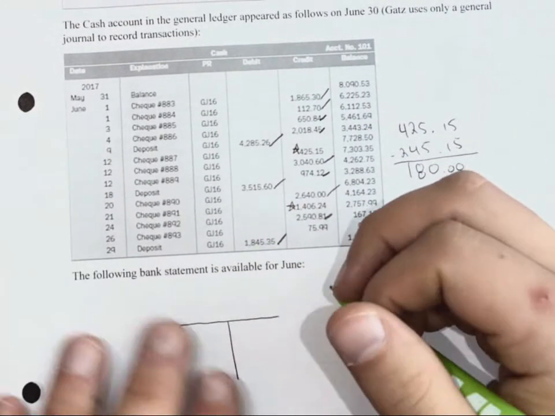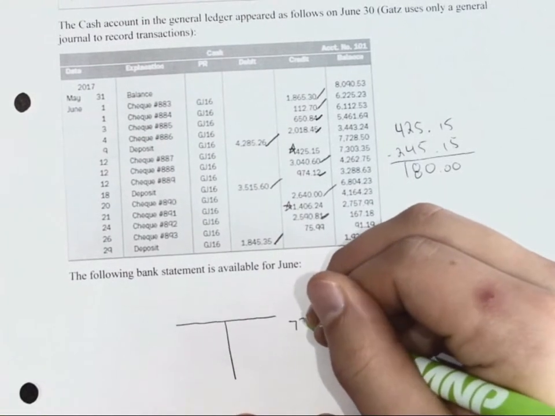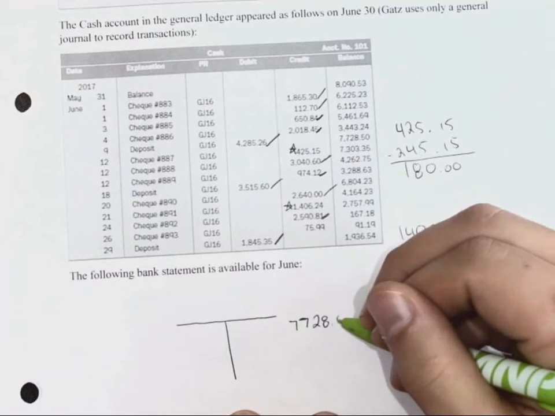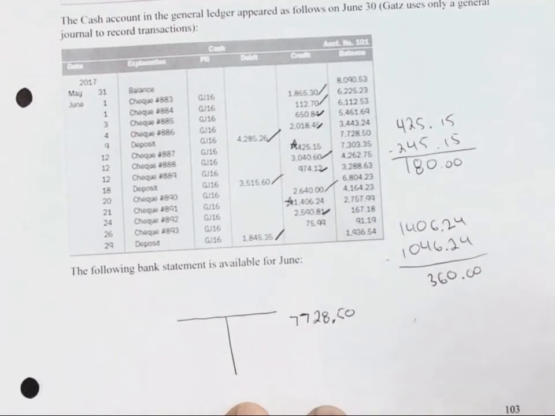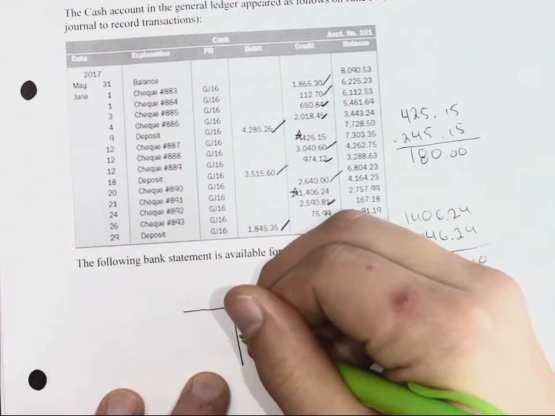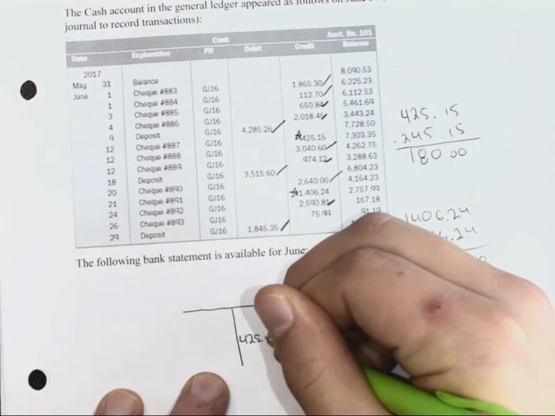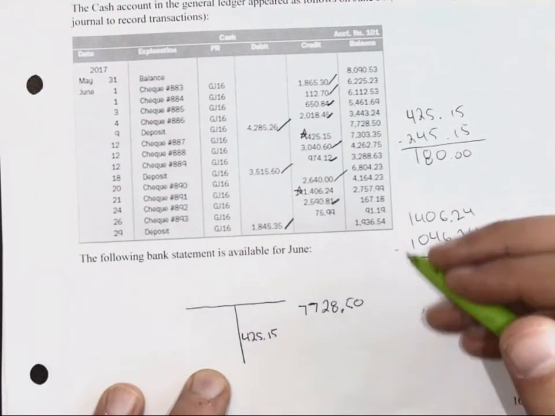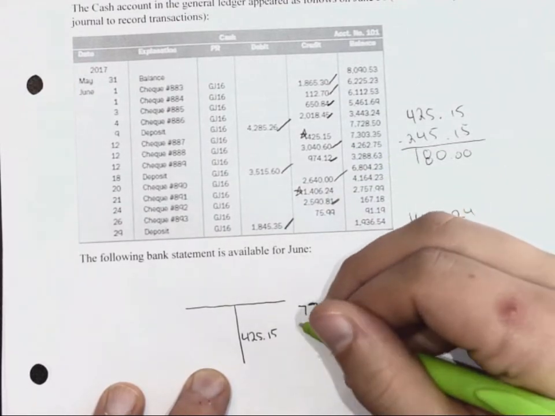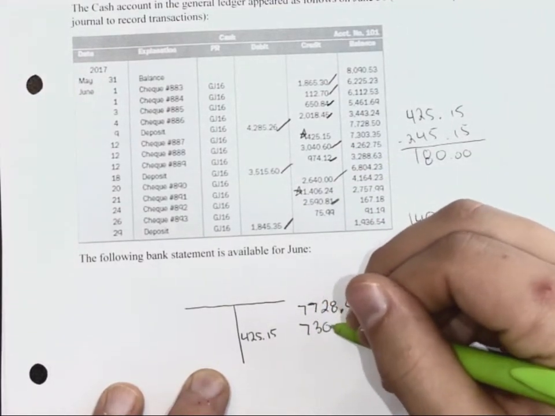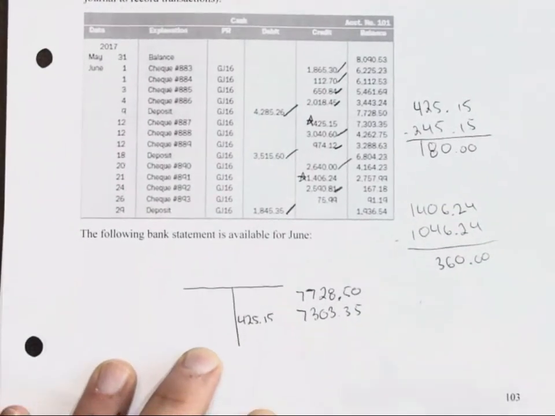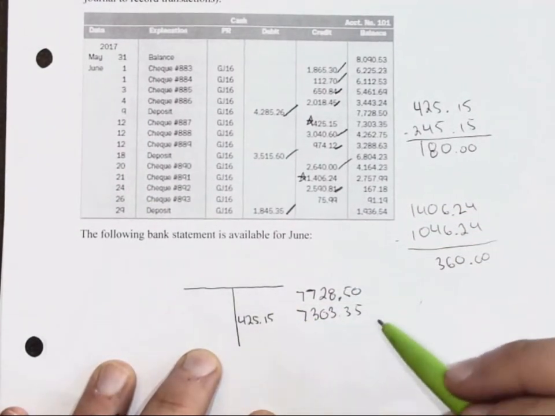So our balance is currently 7728.5, and we credited 425.15, and our balance was 7303.35, right? You need to work it out slowly and you go, okay, so that's what we did, but what